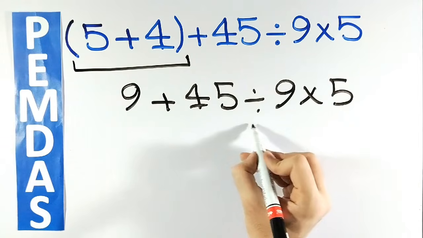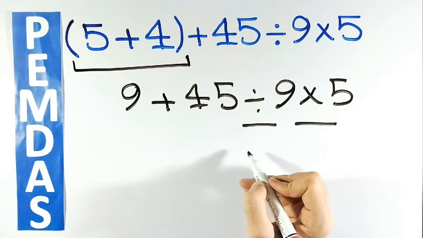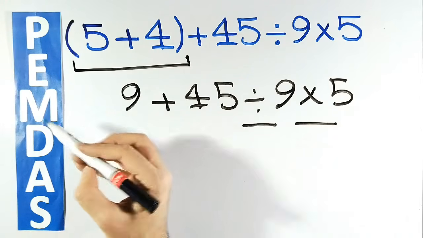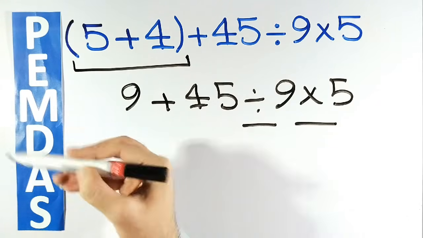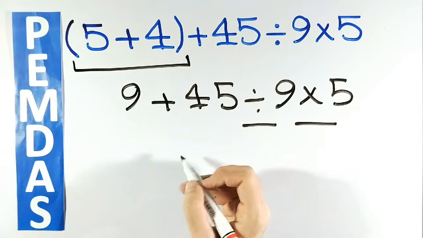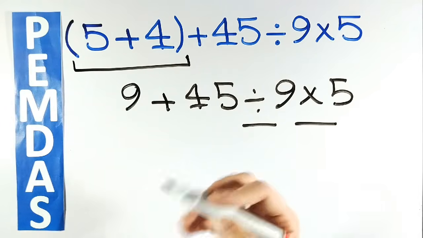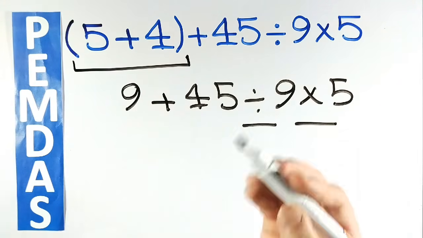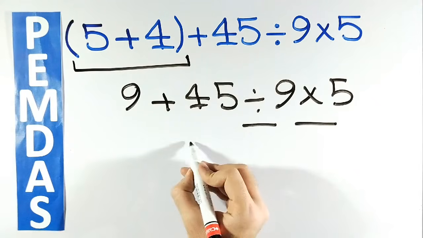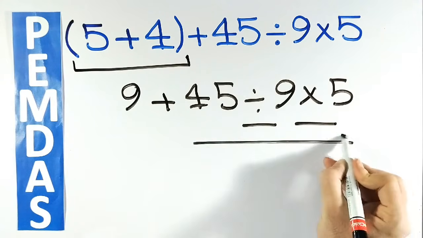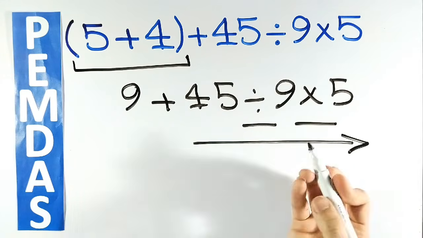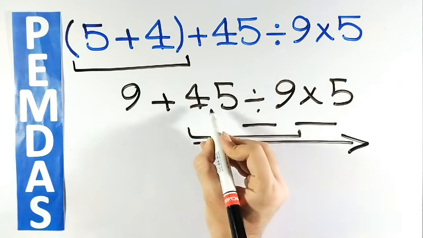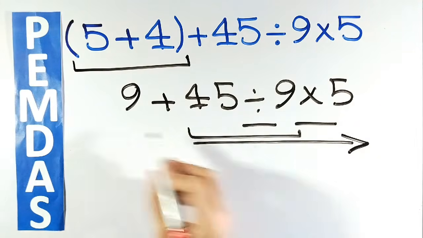And the next step, we move on to the division and multiplication, because according to the PEMDAS rule, multiplication and division have a higher priority than addition. However, it's very important to remember that multiplication and division have exactly the same level of priority, and we must perform these two operations from left to right. So, first we go for the division between 45 and 9, and instead of this